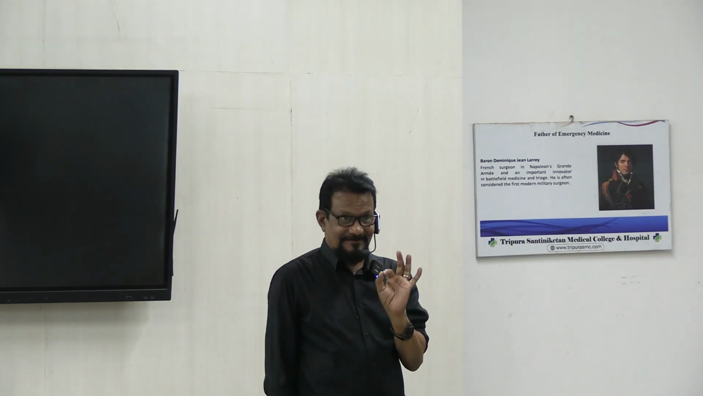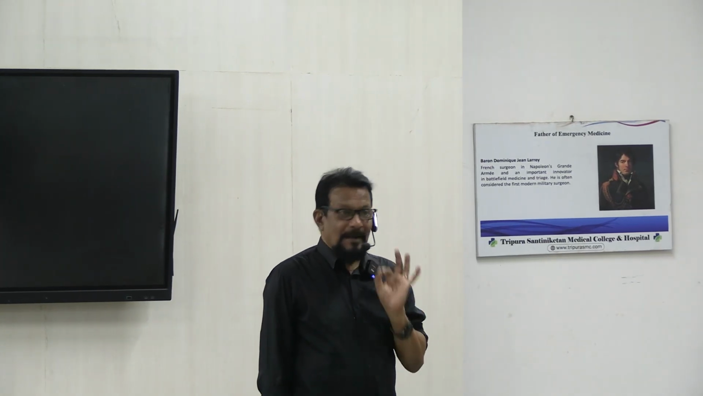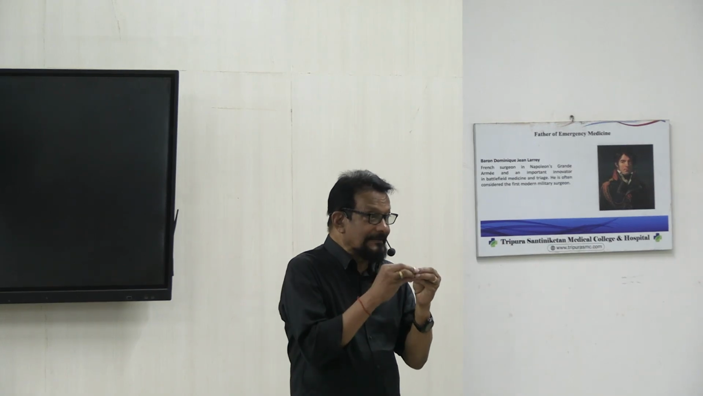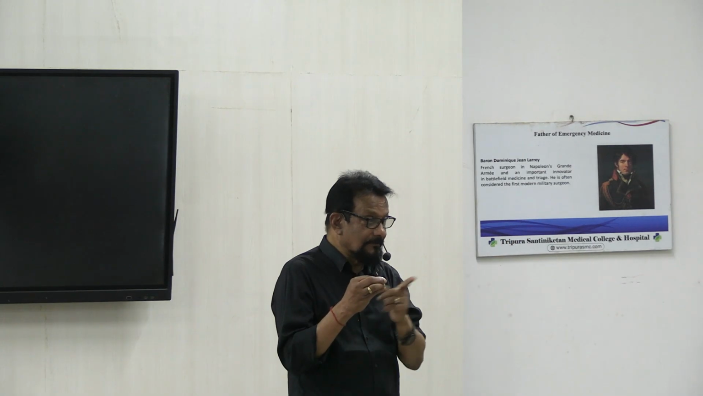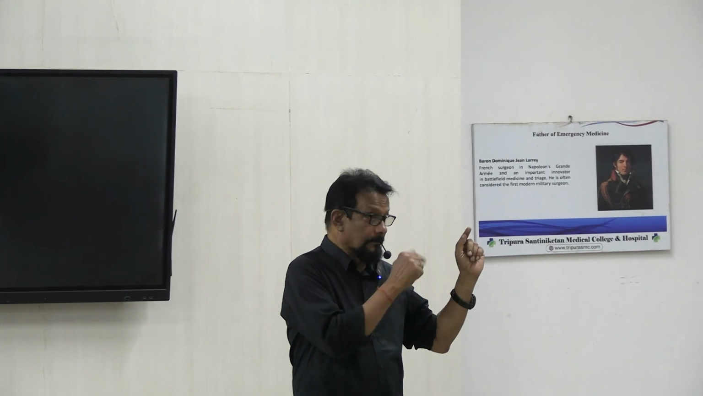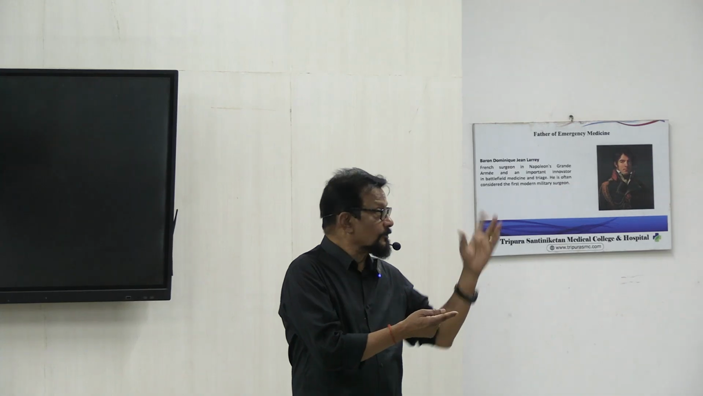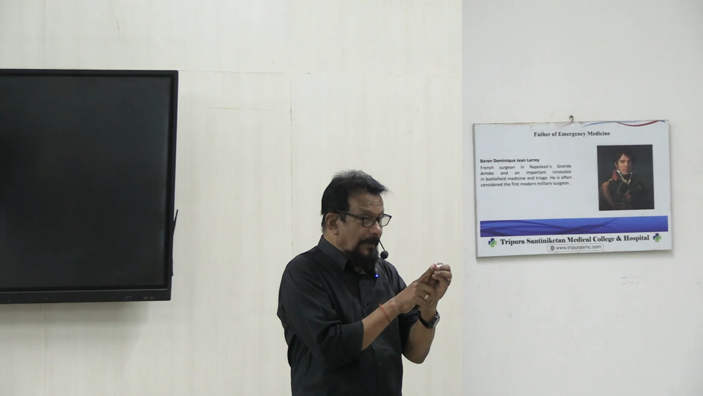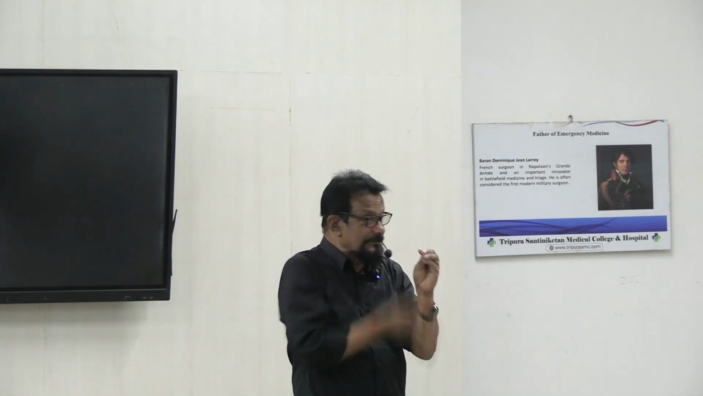Bundle of His. Through this bundle of His, the ventricle gets the impulse from the SA node. The AV node is also there in the right atrium. So from the SA node to the AV node is the atrium. From the AV node, it is passing through this